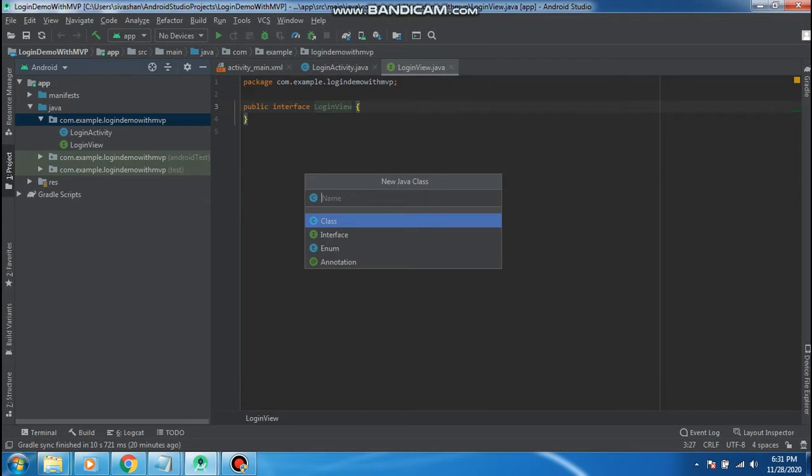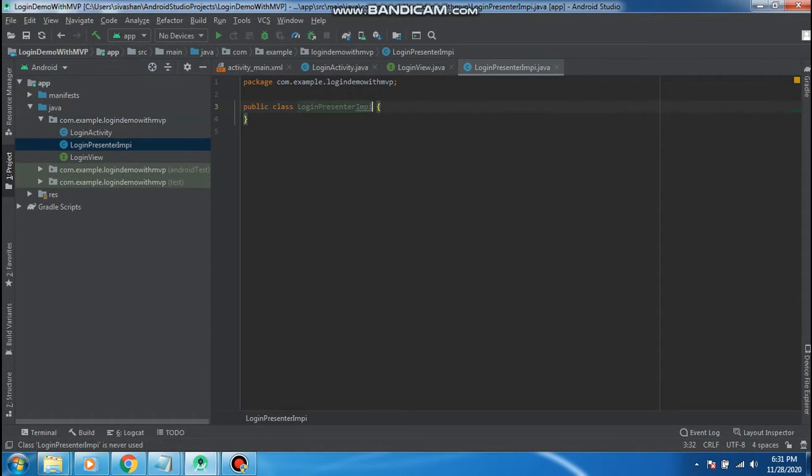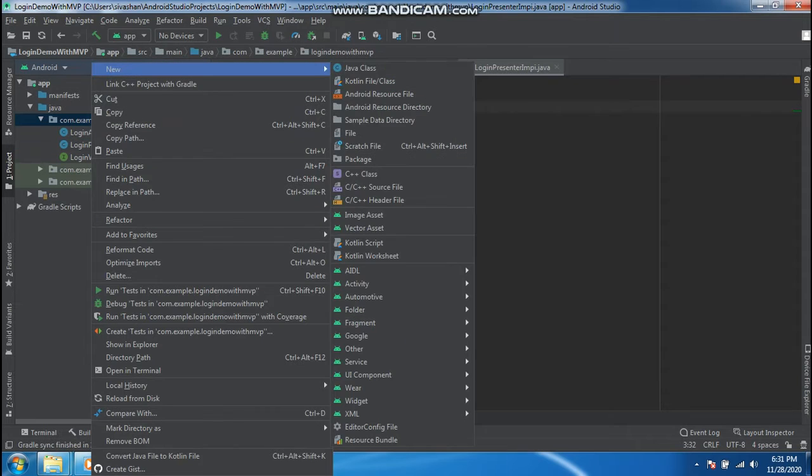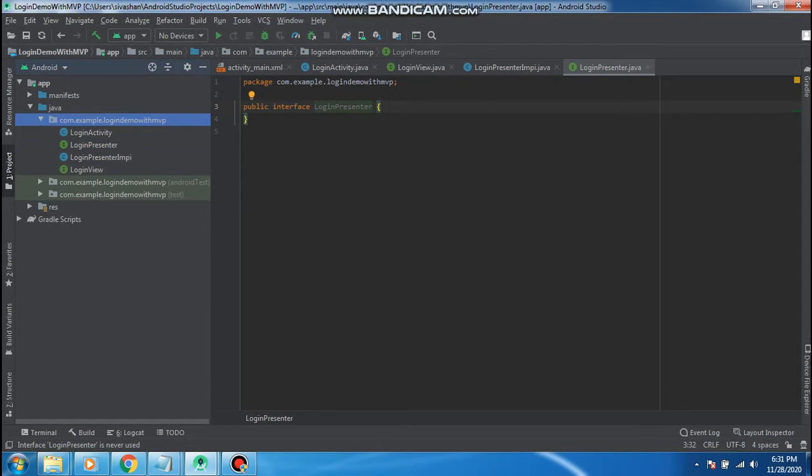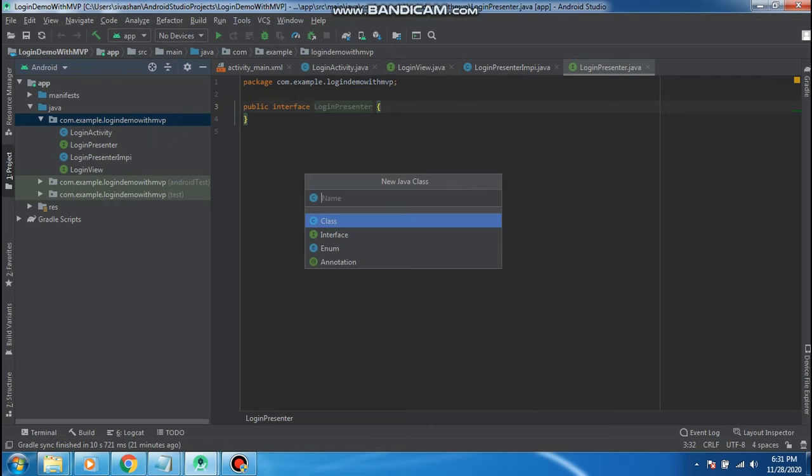Then I create a presenter. Then I create the presenter interface. Now I'm going to create the model class.